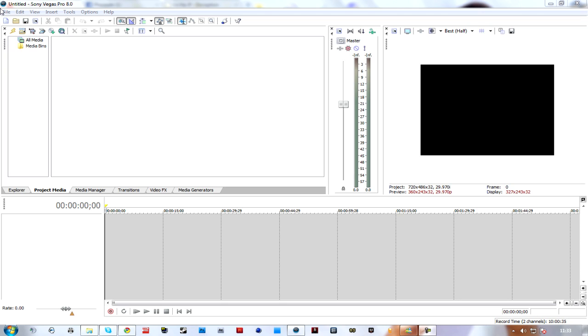So let's get started. First of all, when you open up Sony Vegas for the first time, I'm taking it this is your first time, it's going to look something like this, okay? And this is just the basic setup settings. So you want to change them to be in HD. So you want to go up to File,